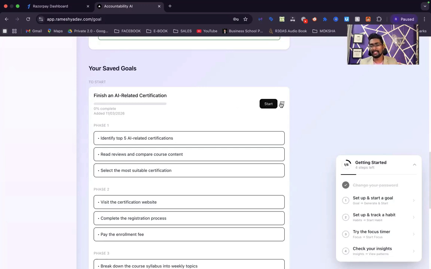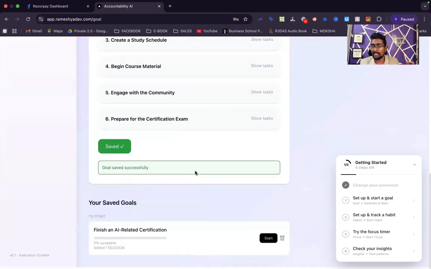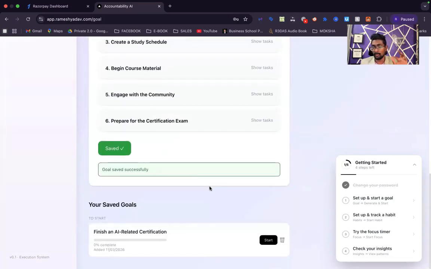In case you don't like this, click on the delete button also. The delete button will also work. But after starting, you can't delete. Make sure you use it carefully. Once goals are committed, only 3 will be allowed. Okay. Only 3 goals. I'm starting the goal. Once I click on start goal,